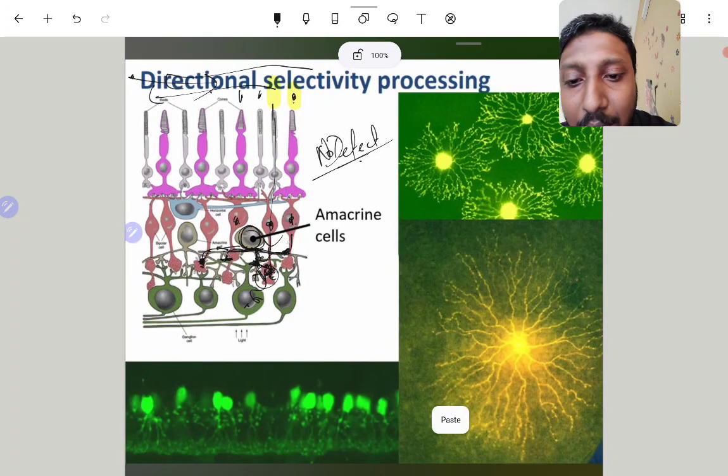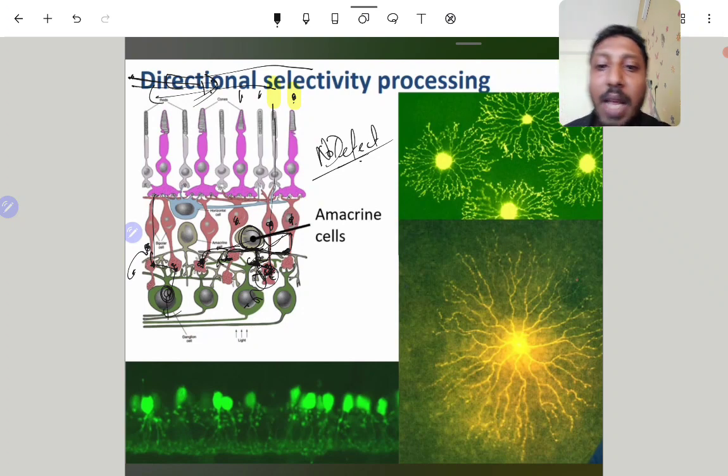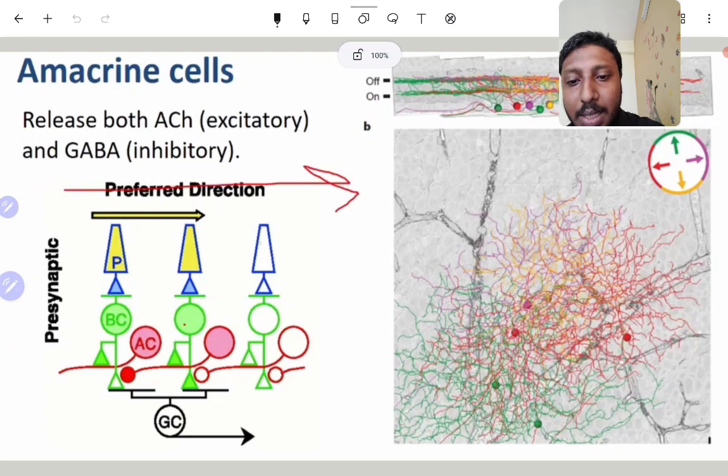these amacrine cells are connected from right to left here. It inhibits the things to the left. Just imagine like that. So if it is moving from left to right, it will only inhibit things to the left, no? So this can get stimulated, next this can get stimulated, and next this can get stimulated, and you can do the calculation. This ganglion can know that it is moving from left to right. It's a crazy mechanism. So this is the preferred direction thing.